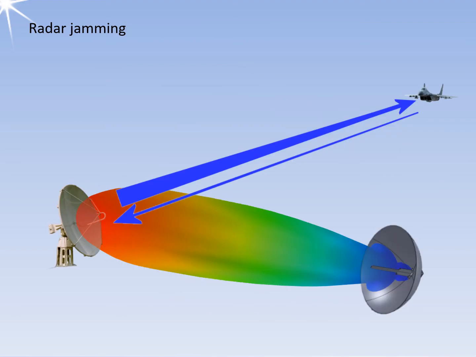A classical radar consists of a transmitter and a receiver, both of which use the same directional antenna. The receiver is designed to optimally receive echo signals from objects illuminated by the radar transmitter. By analyzing the return signals, the radar can determine the location and velocity of a land, sea, or air asset, and track it for friendly purposes such as air traffic control, or unfriendly purposes such as an attack by guided missiles or guns. A radar jammer provides either a cover or a deceptive signal to prevent the radar from locating or tracking its target.